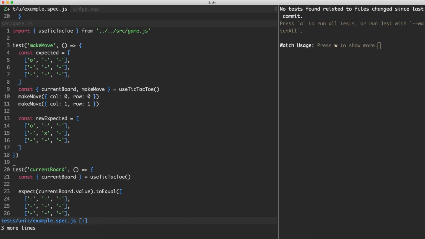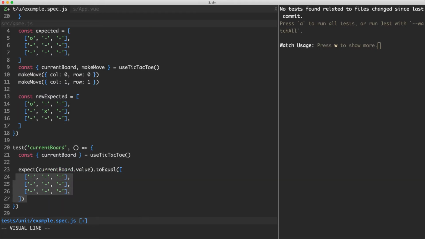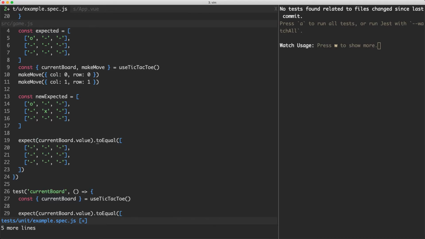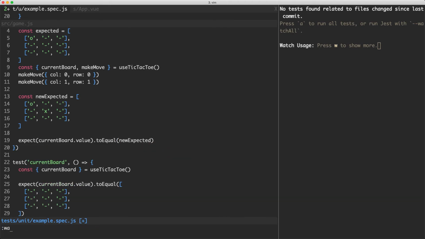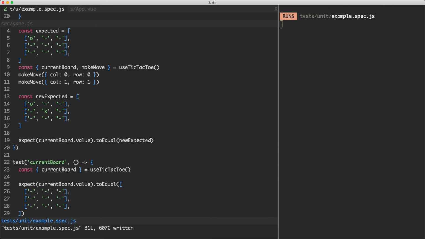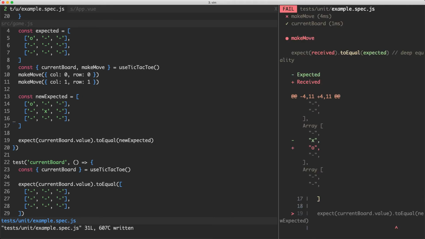And it looks like I've actually deleted my assertion, not really a good thing to do. Let's go ahead and just copy one and make it work. Jump up here and use my assertion. We're going to expect current board value to now be equal to the new expected value. So let's go ahead and wipe this one out and just say toEqual and pass in the new expected value. If everything is going according to plan, I should be able to save this one off now, and everything should still be passing. It looks like it's failing, and that's because we haven't actually implemented this feature yet,